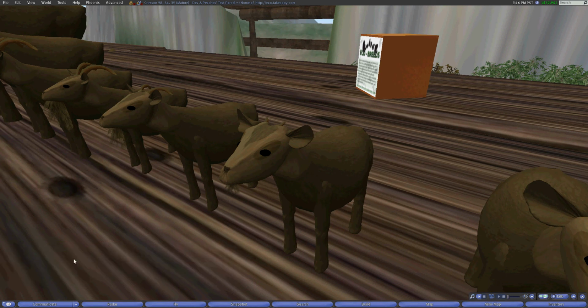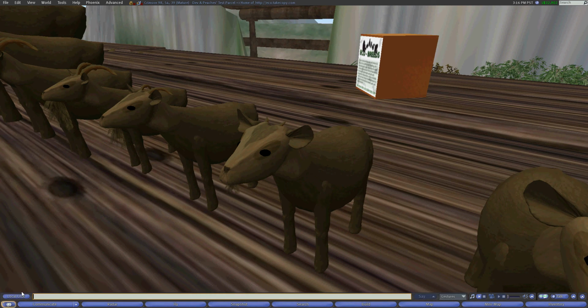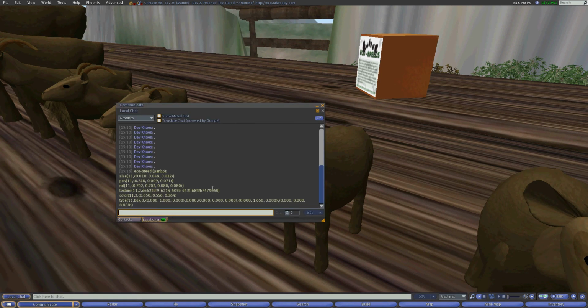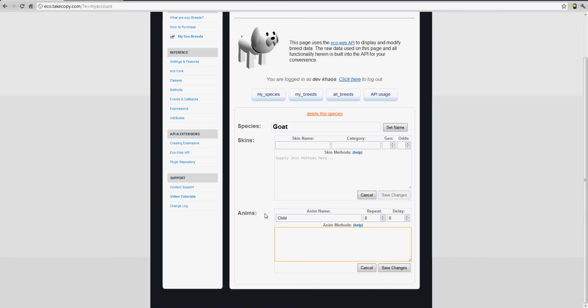Let's say if you want to do skins that use textures and colors, you can always change the color of these objects using the skins, and this way we're not interfering with the prim animations, which we'll need these three. We have size, position, and rotation. So for the animation, we'll have size, position, rotation, and then we're going to get both the horns, because this